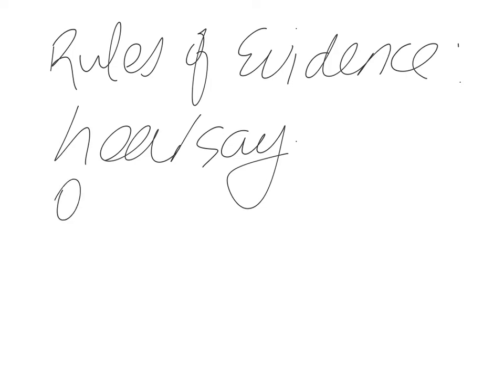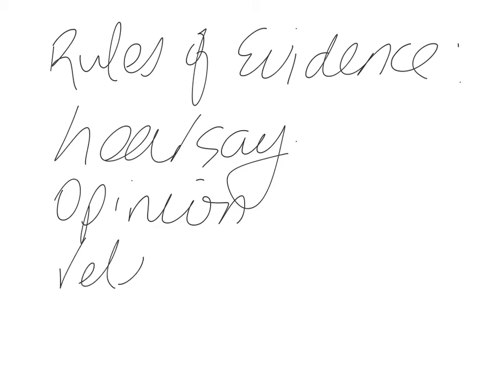Another one is opinion. A witness cannot give his or her opinion in a court about another person's words or actions unless the witness is an expert in that field, and we have an expert witness. So they cannot read into body language, they can only give fact, what they did or did not do, what they did or did not say. They are not allowed to comment on the tone of their voice, or anything similar to that. We also have relevance.